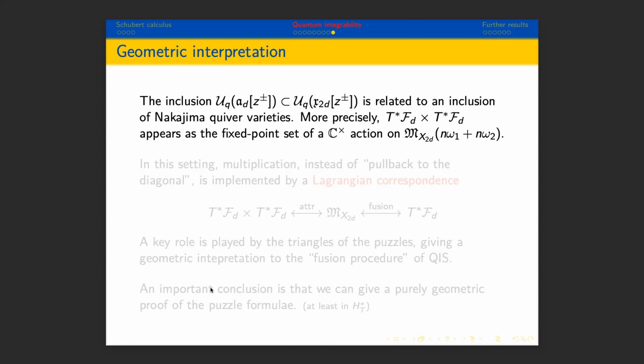That's the multiplication rule. But when you take a quiver variety, its Cartesian product with itself is not really a quiver variety, and maybe you want to replace x cross x with a quiver variety, and that's exactly the point. So if you're working with T star D, you say, well, I want something like T star D cross T star D, but that's not right. That's not a quiver variety itself. So we're going to embed this in a larger quiver variety in such a way that this appears as the fixed point set of some nice C star action. That's really the way you should think about it: we're trying to do some geometric operations, but maybe we need, as an intermediate stage, to embed things in a slightly larger variety than we expected at first. It's a bit vague, but very explicitly,